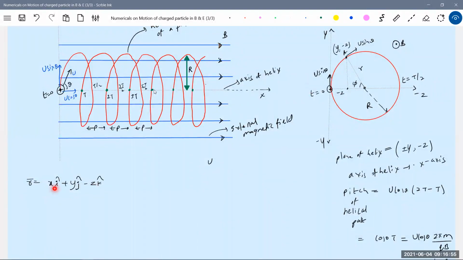What is x? I should write u cos theta into t, the x displacement, because the component of velocity along the x axis is u cos theta. So therefore, this will become